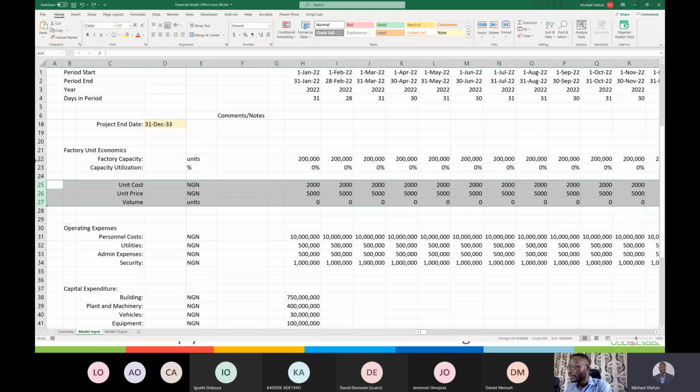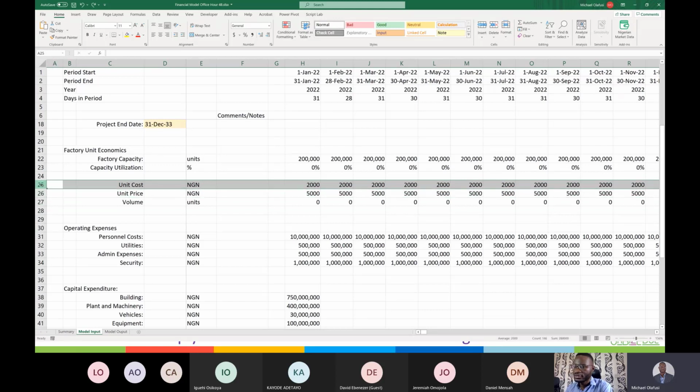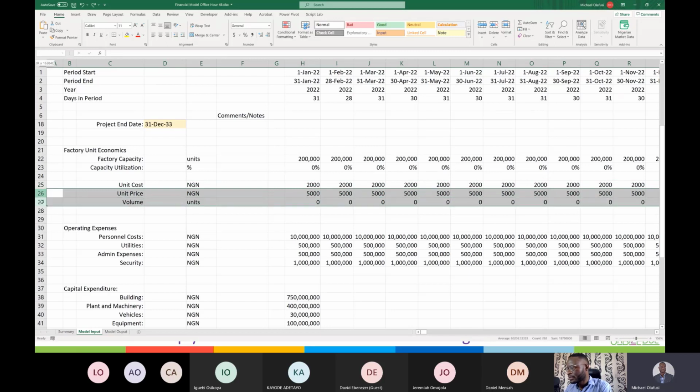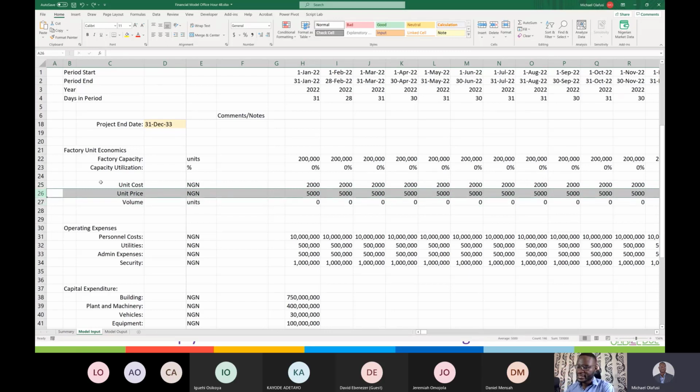So this is where I see different methods, not the unit cost. Unit cost, you will always know, right? There's one flat line. You can't use different approaches for unit cost. But the unit price can be based on what the market is selling at, the comparable market price for your product, or you can do it in such a way that it will be slightly distinct, and then you set your own price and have it as a markup, okay?